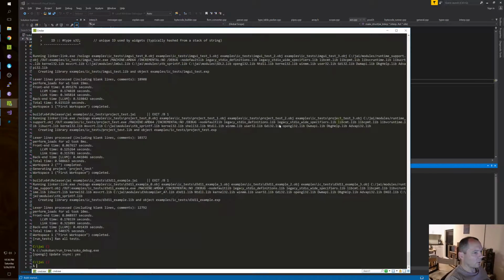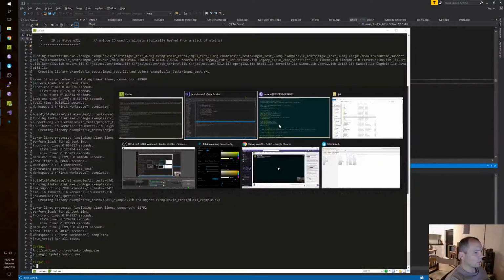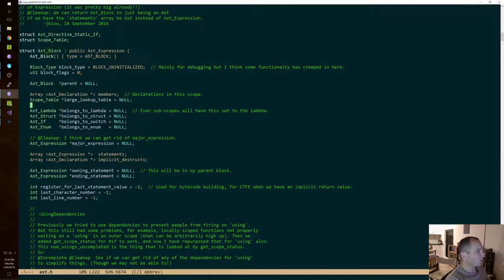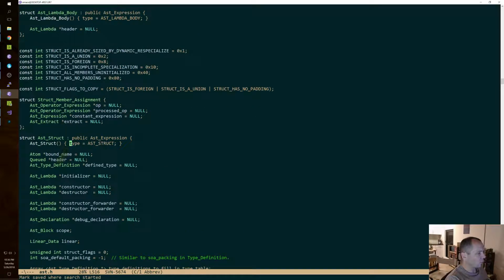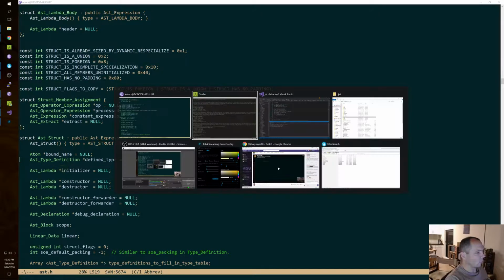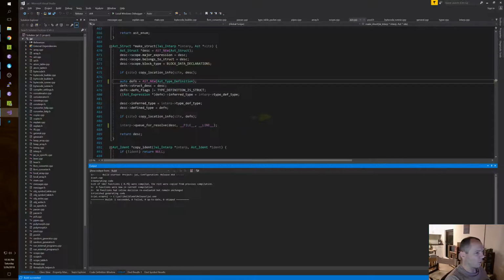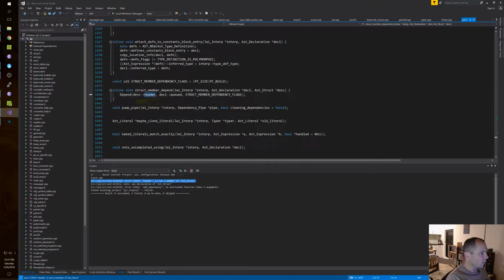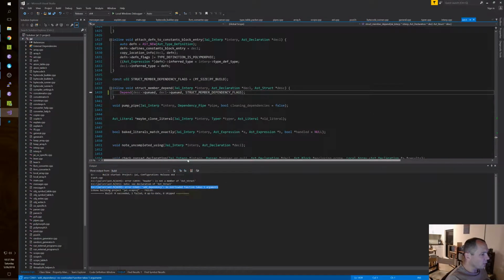All right. And then let's go to ast.h and struct: get rid of header. We're going to use the one in the base class as God intended. Okay, so here is queued. All right.